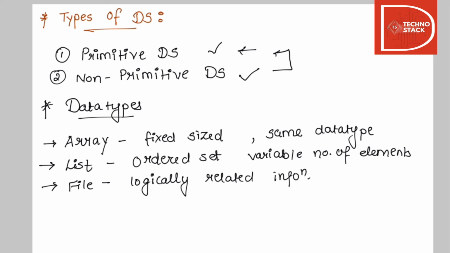These all are one of the chapters of data structure. So this is just an introduction about what are data types, what is primitive data structure, what is non-primitive data structure, which data structures and data types are primitive, which are non-primitive, and what exactly are the definitions. This is only the introduction of all these things. Later we'll be seeing in depth each and every element, like array, list, and file, how to write programs, and we'll be seeing the practical approach of the same.